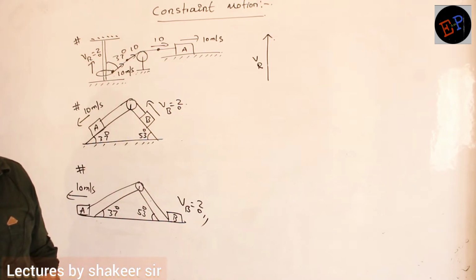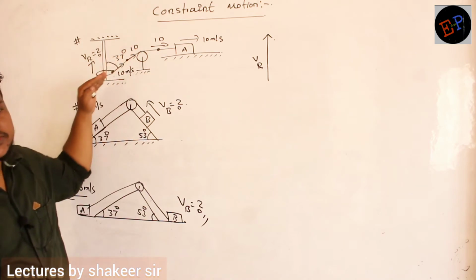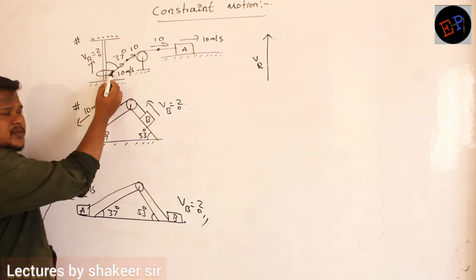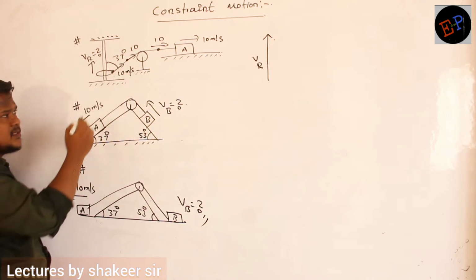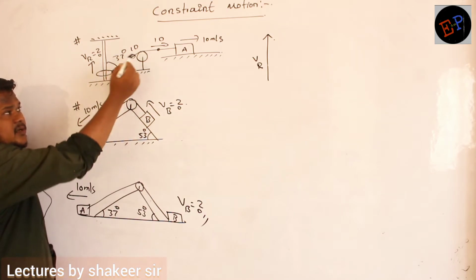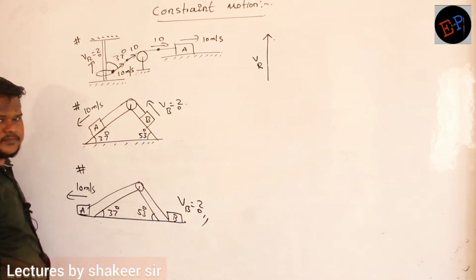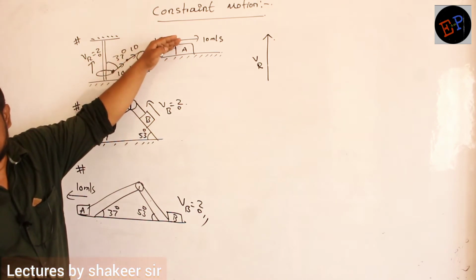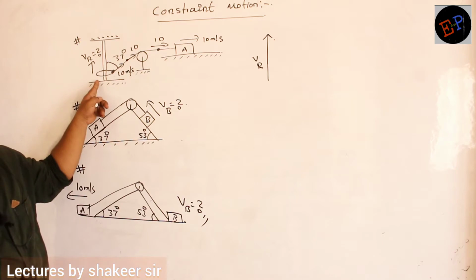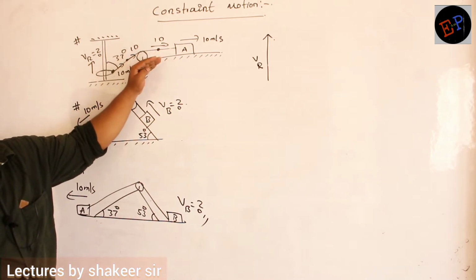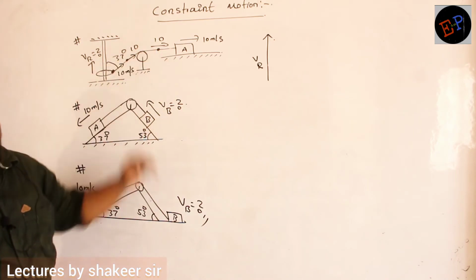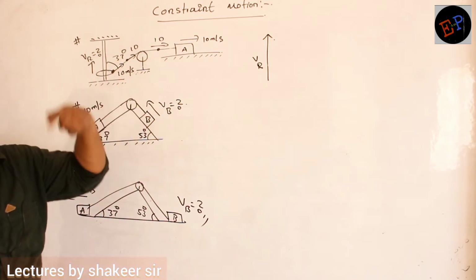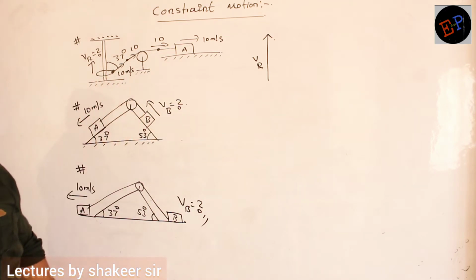Because this ring will have this velocity also. So one of the components should be present on the rope also, because this point is common to the rope and to the ring. The point which you are taking here is connecting the rope and also the ring. It means this point should have velocity in this direction, so the ring also should have velocity in this direction, not the total velocity. One component should be in this direction, but the net resultant velocity should be in this direction.